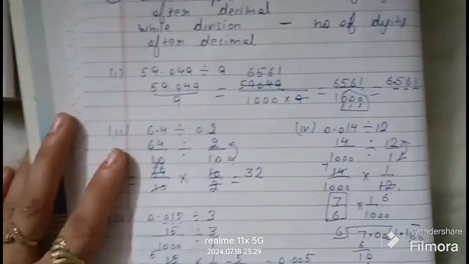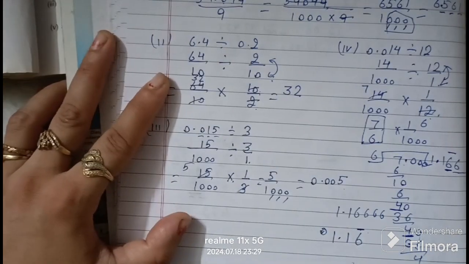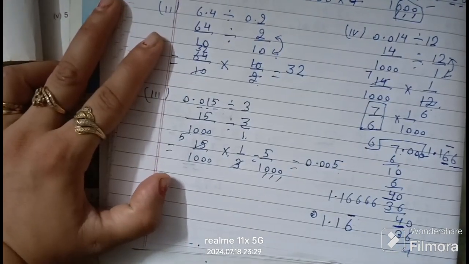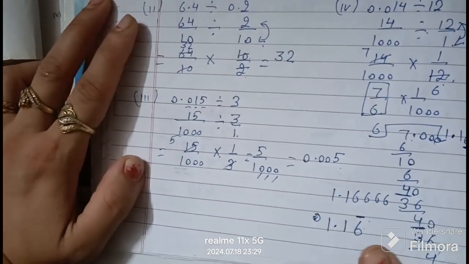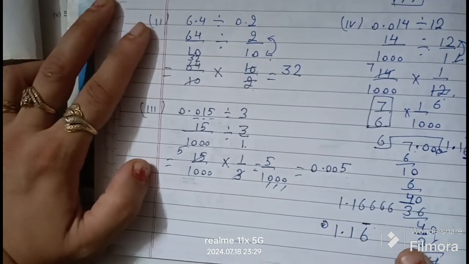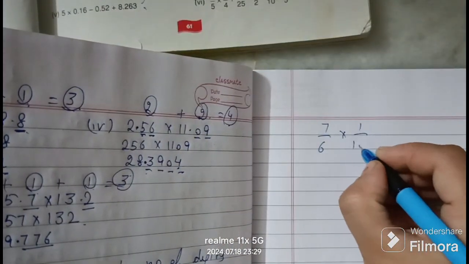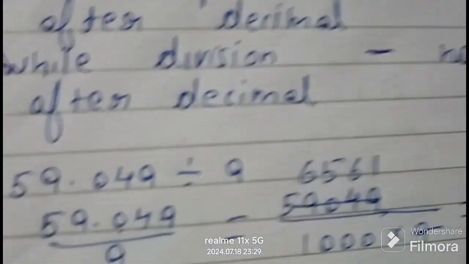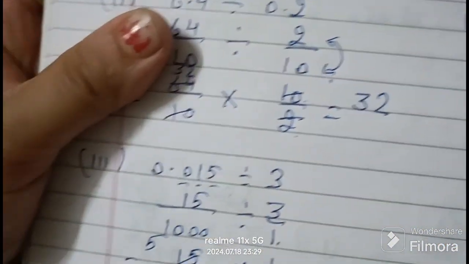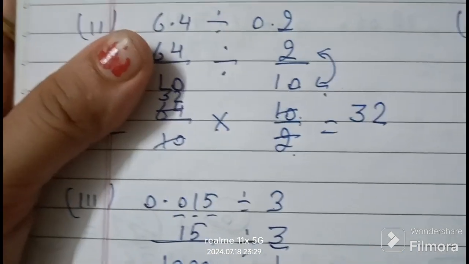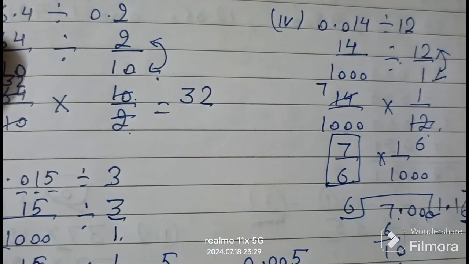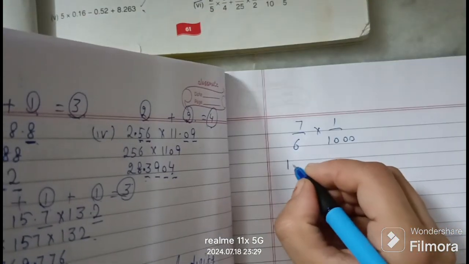लेट्स solve this question further. So that is 7 by 6 multiply by 1 by 1000. मैंने क्या देखा कि 7 by 6 की जो डेसिमल रिप्रेजेंटेशन है वो क्या है, 1.16 बार. सो दैट इज 1.16 बार मल्टीप्लाई बाय 1000. हम इसे एक बार इजी करने के लिए सिंपली ऐसे भी लिख सकते हैं,